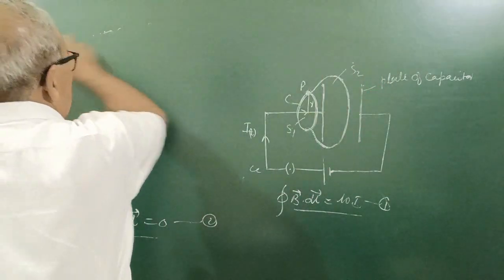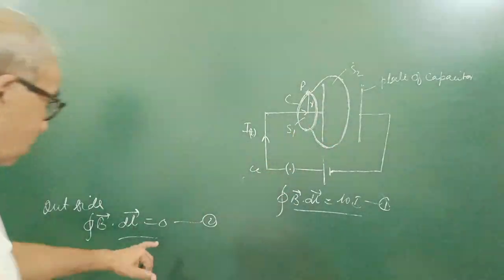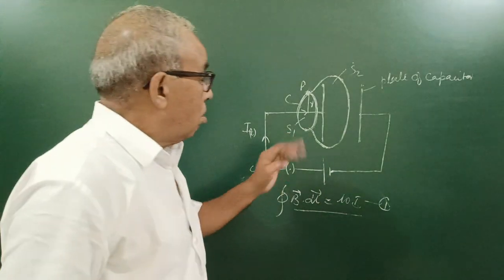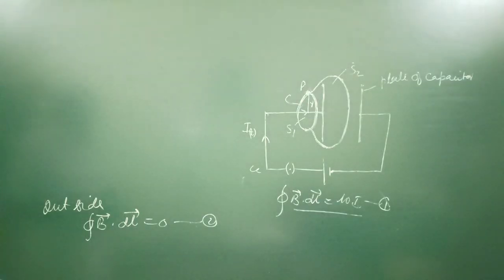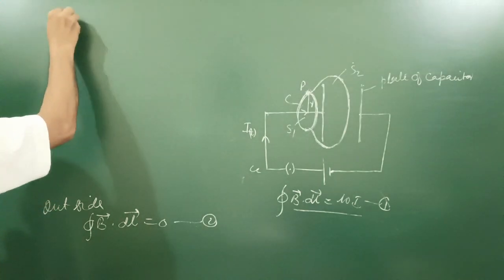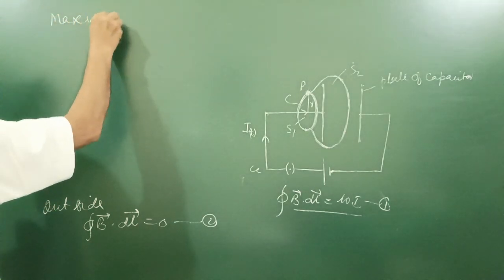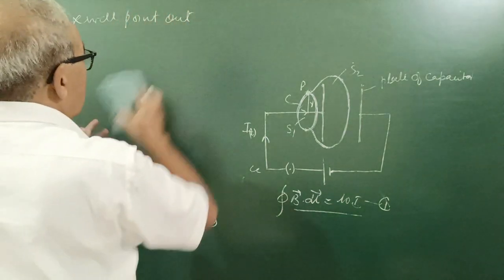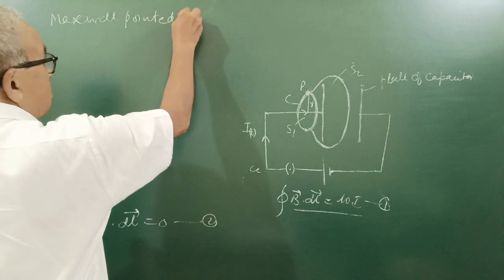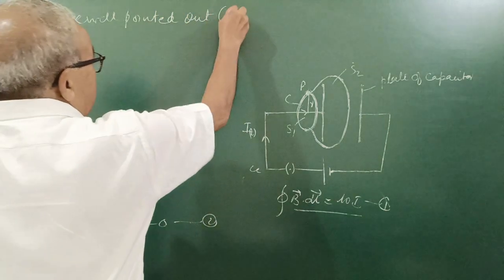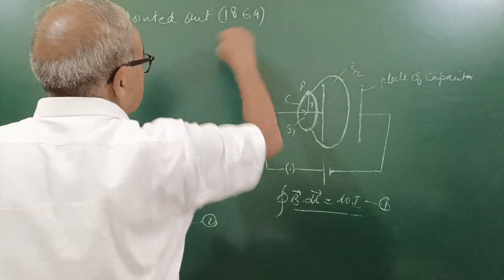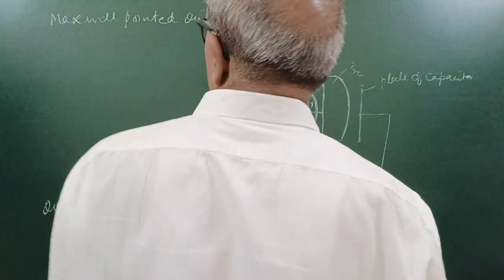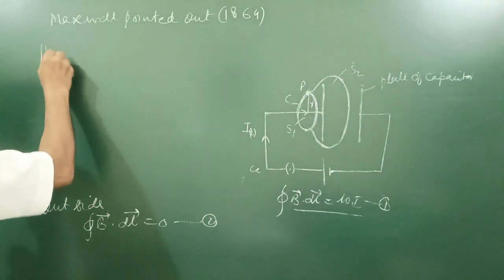Actually, I is equal to 0 makes this inconsistency. Maxwell pointed out, in 1864, yes, that